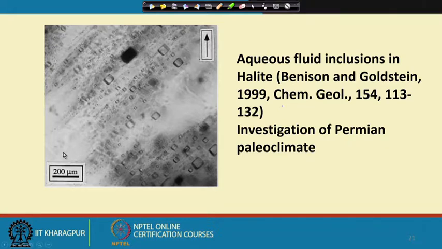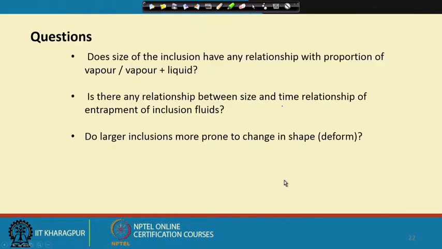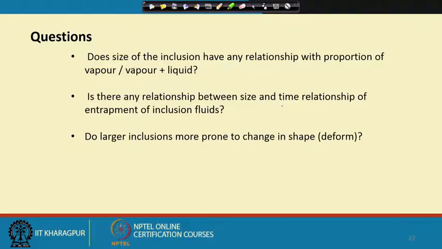Even though there is a wide range of variation in size, if we look at the micron bar, each of them has what we call a negative crystal shape. So this cannot be an exhaustive description of all possible sizes and shapes of fluid inclusions, but some of those presented here would give you an idea of how varied fluid inclusion populations can be, irrespective of their compositional characteristics, whether they are aqueous biphase, carbon dioxide liquid bearing, or polyphase inclusions bearing crystals.